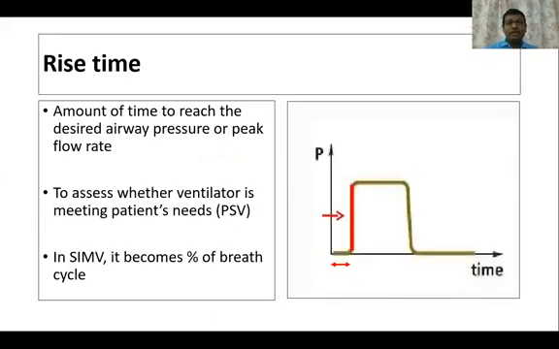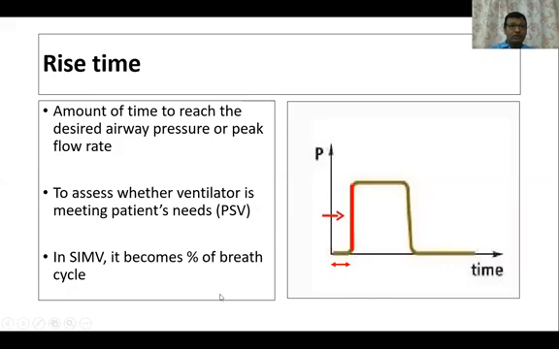Now, when we speak about ventilator graphics, we should speak about one setting in the ventilator. That's rise time. This is nothing but the amount of time to reach the desired airway pressure or a peak flow rate. You can see this is a rise time in a pressure mode. So it helps to assess whether the patient's needs are met in pressure support ventilation, and it becomes a percentage of the breath cycle in a